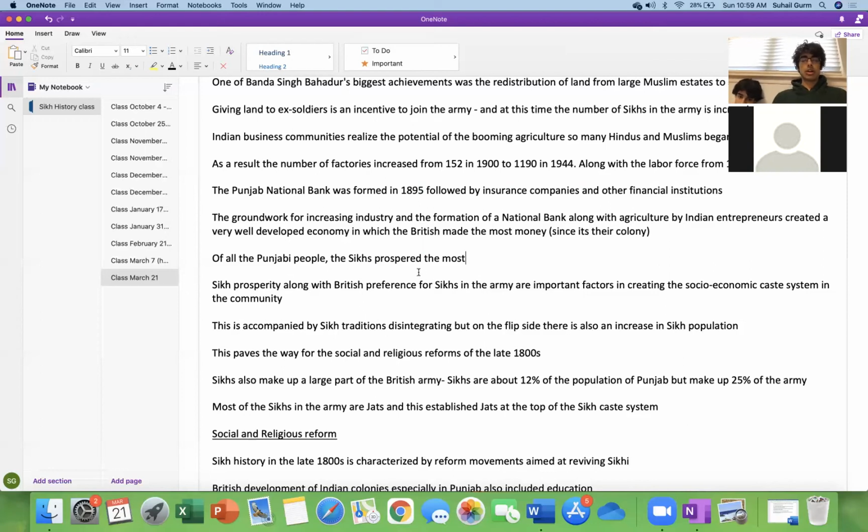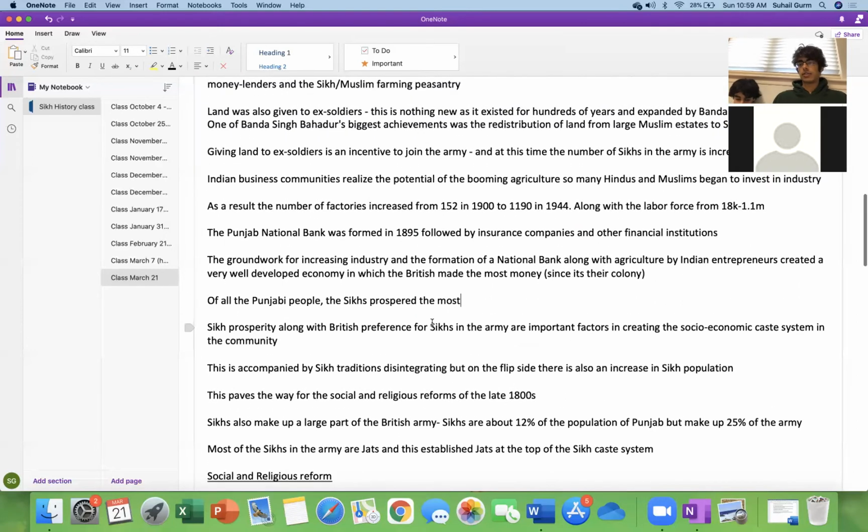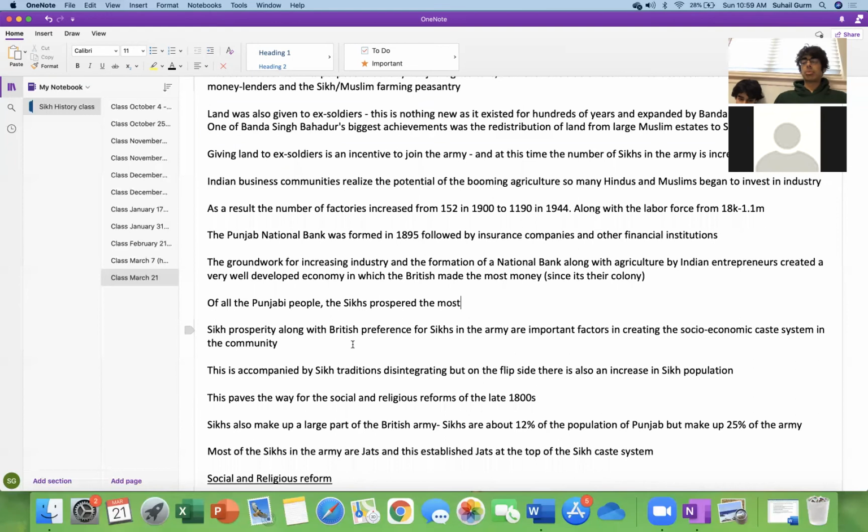So among all the Punjabi people, the Sikhs prosper the most. Makes sense. They're martial races. And another effect of this that is very important is the prosperity of the Sikhs, which means their success, along with the British preference for the Sikhs in the army. So the Sikhs are doing really well, and the British prefer them to do a lot of things. So this is actually a couple of things that are important factors in creating socioeconomic caste systems in the